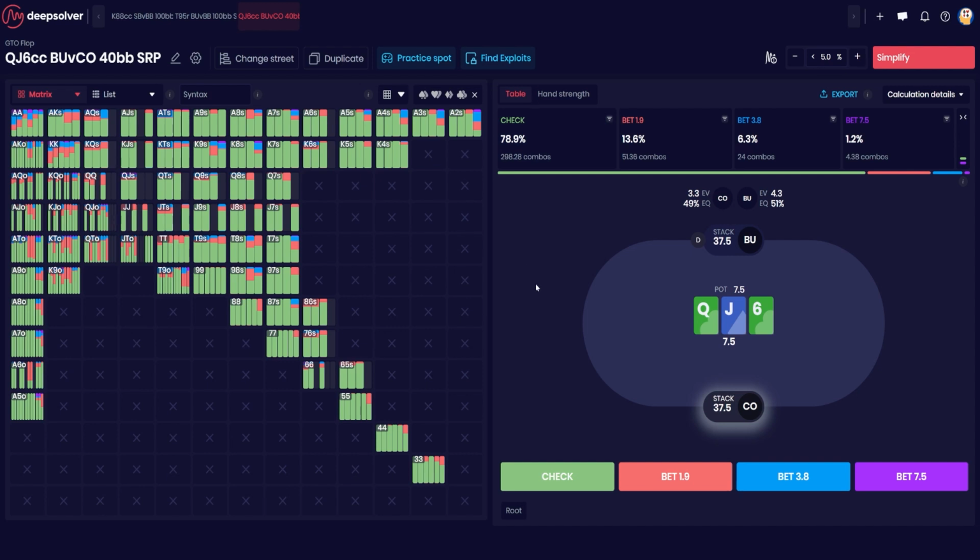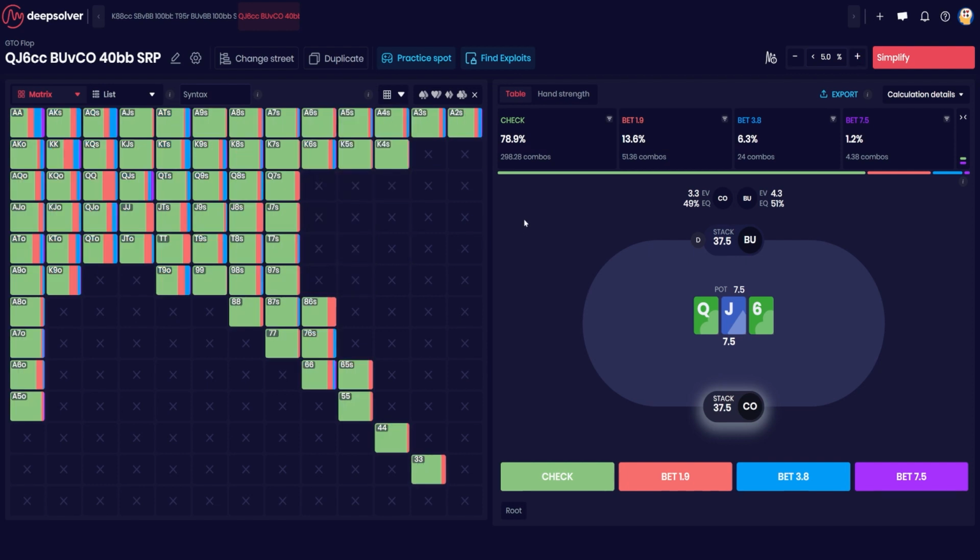This is a useful tool mainly when you're looking at boards like this or turn cards where there's some differences in individual combo strategy based on your suits. So nice and easy way to visualize that. But most people will be used to looking at the merged strategy block, and that's usually what I'm looking at.